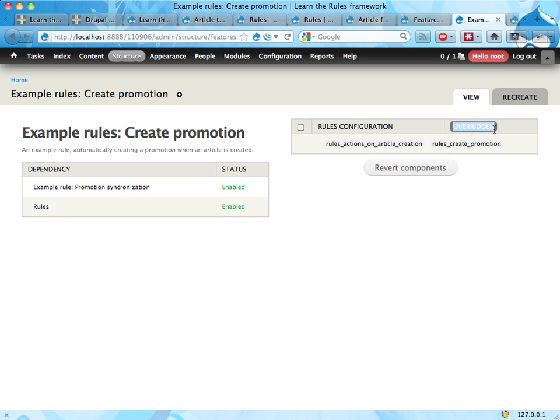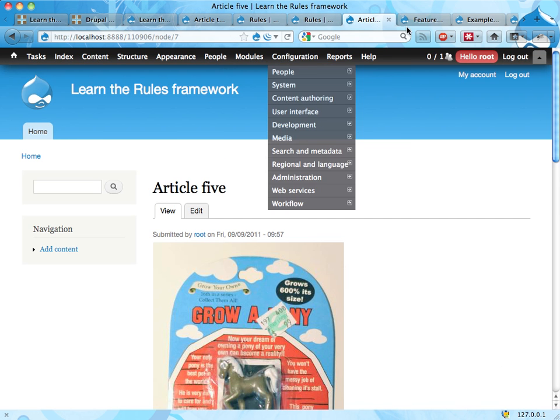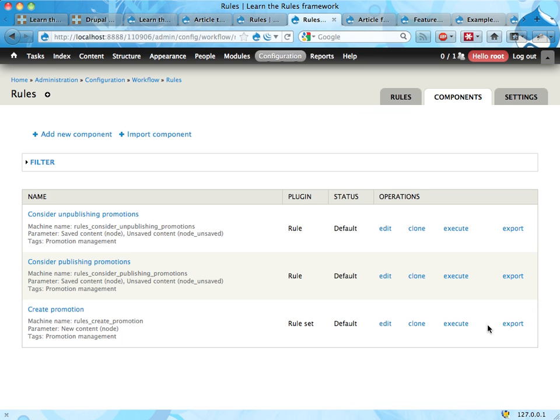If I had the diff module enabled, I could see exactly which lines, which part of the configuration has been changed. But I don't right now, and that's not a part of this screencast actually. So let's actually revert here. So it reverted all of it, and if I go back to here and reload, it should be clear. Yeah, that's how you work with rules and features in combination,